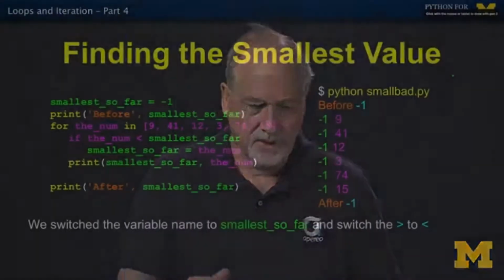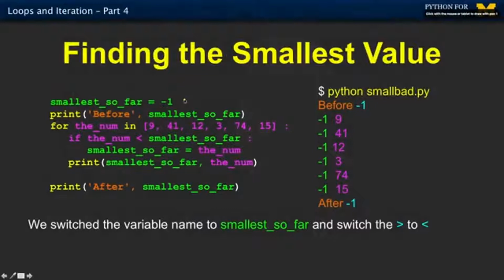Okay. So there's kind of a flaw. We were using this -1. There's a word for it. It's kind of like a flag value. It's not really the smallest number we've seen. It's like an indicator that we haven't seen any numbers. And we can't really pick a number for this, frankly, either in the largest or the smallest. It's just not going to work. And so what are we going to do? Okay, so